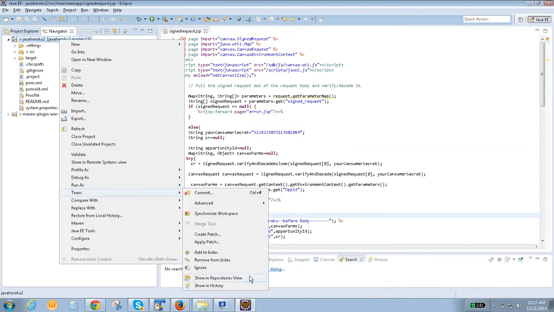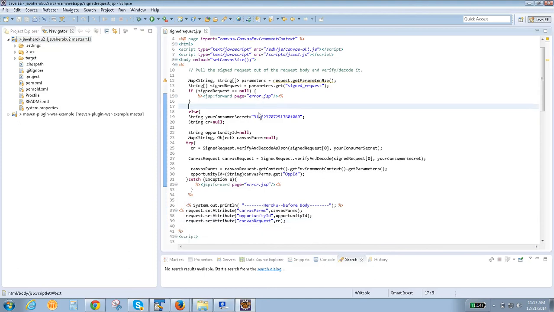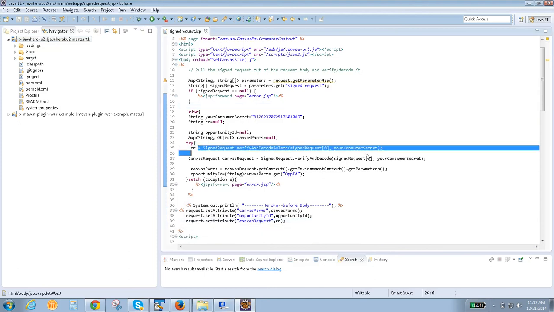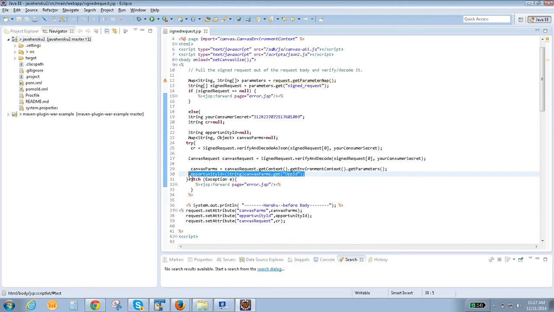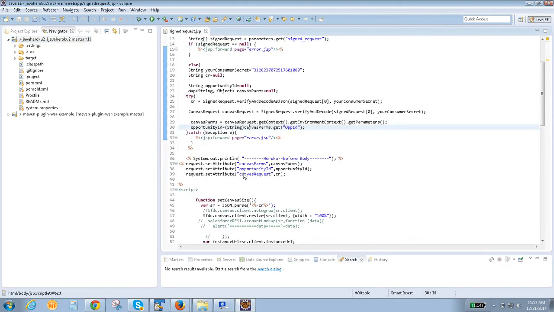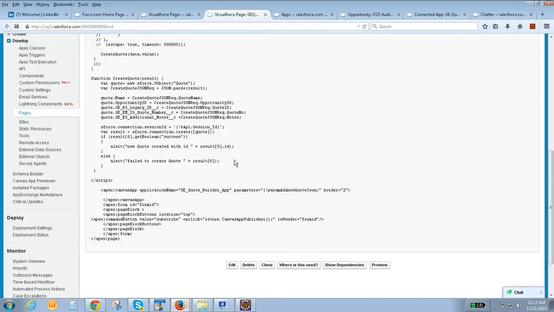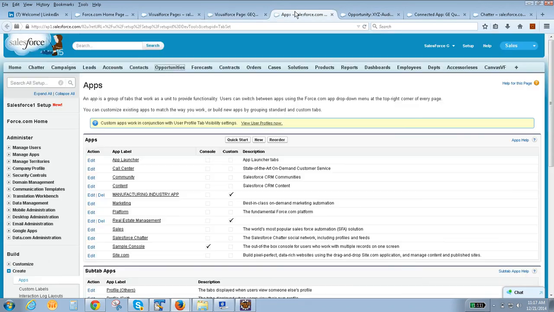Yeah, correct. Just now I am explaining how to decode that particular thing and how to get the additional parameter that is passed to this Heroku application. Clear? Shekhar, do you have any question? No. Okay, that's it. If you want to open it in any part of a Visualforce page, make sure you put this particular Canvas app component, and it will automatically open over here.